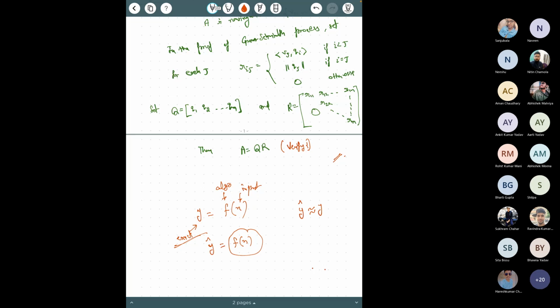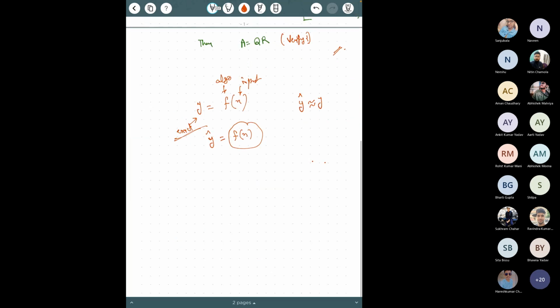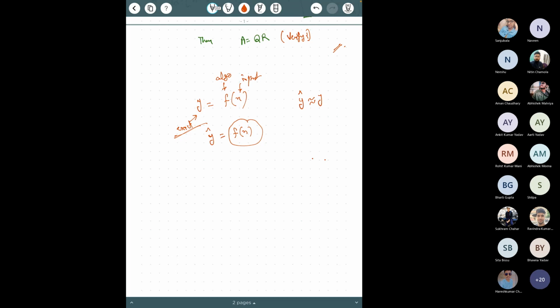So suppose you want to solve some system of differential equations. There also you need to find the exact solution. But since the exact solution is not known because you need to solve an eigenvalue problem there, if eigenvalues are not known exactly, then you will look for the approximate eigenvalues. That means the computed eigenvalues, and then use those computed eigenvalues to find an approximate solution of your system. Whatever dynamical system or differential equation you are solving, you still get a solution.